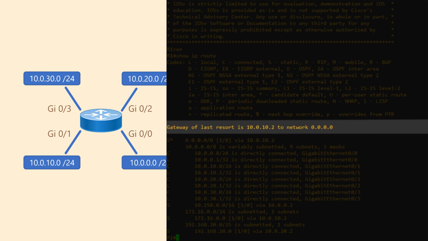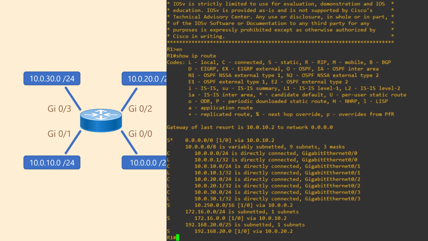Right below that is the gateway of last resort. This is Cisco's fancy way of saying default gateway. Why does a router need a default gateway? This is so it can find a way to other networks that it doesn't already know about. For example, imagine that you want to manage this router over the internet using SSH. The router needs to send SSH packets back across the internet to your workstation. The router won't know all the details of the path through the internet, but it will have a default gateway, which is like a signpost pointing the way.